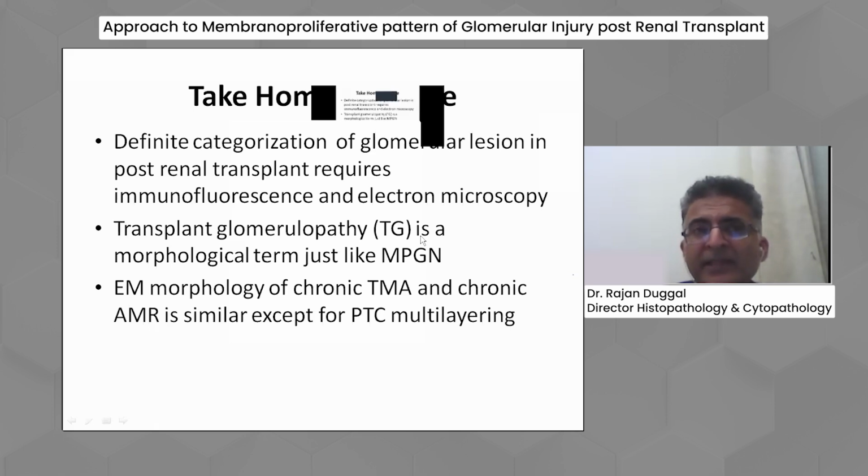But if in the second biopsy the ATN has shown increased severity, so as compared to the first biopsy, which was mild ATN, the second biopsy shows ATN which is pretty diffuse, and I've seen some areas progressing towards a severe kind of ATN, then obviously this ATN could be related to an antibody-mediated process. But remember, the majority of ATN post-transplant is CNI induced. It is not related to AMR. If it is ABMR, you will find morphological evidence in the form of TMA, in the form of glomerulitis, and